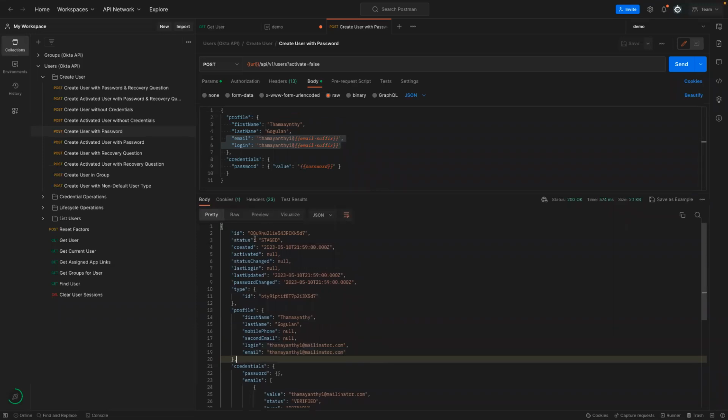Okay, so if you see the status is staged instead of active because I have passed activate false. This is why we create the users with a staged state instead of the active state. In certain cases, some organizations may need to create the users, but after creating various other